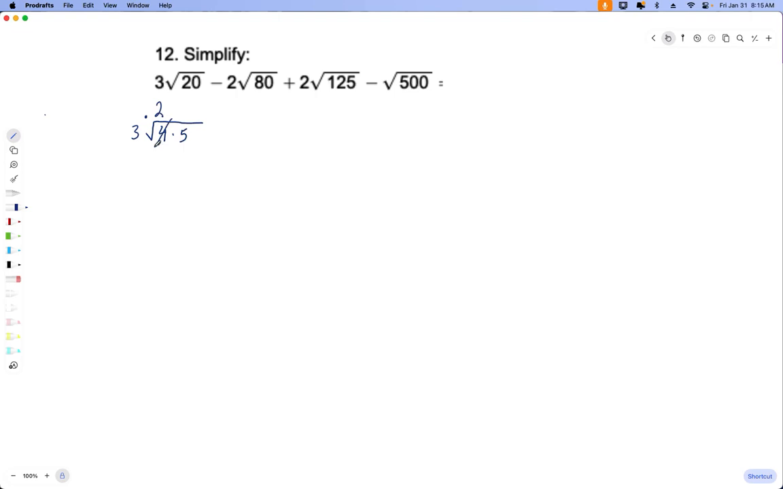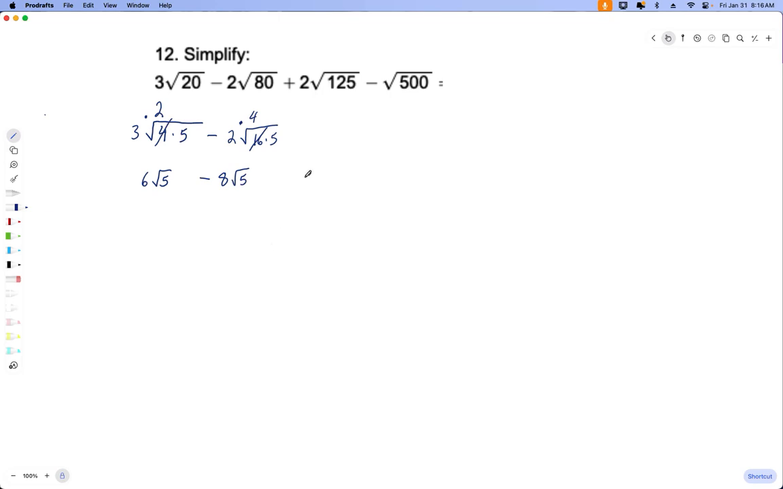So then 3 times 2, that would be 6 times the square root of 5. Now I want to go to this one. I'm going to do the same thing. I'm going to look for a perfect square. So 2 times, and if I look very carefully, I see that I could say 8 times 10, but I could also say 16 times 5. Well, 16 is 4 times 4, so I can pull out the 4. So that becomes minus 8, because 2 times 4 is 8, times the square root of 5, because that's what's left over on the inside,